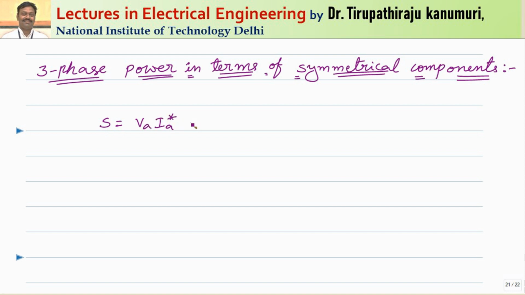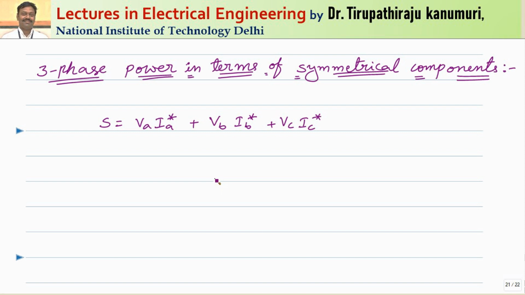So in that way I can calculate on a per phase basis, because in the three phase the currents and voltages are different in the case of unbalanced load. So that's why it can be written in this form, VB multiplied by IB conjugate. Similarly, VC multiplied by IC conjugate. You agree with me? So in this form I can represent this one.